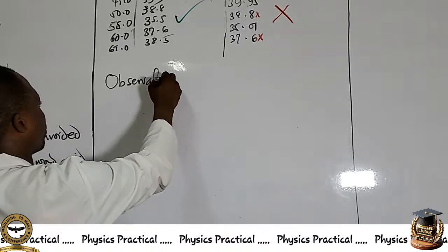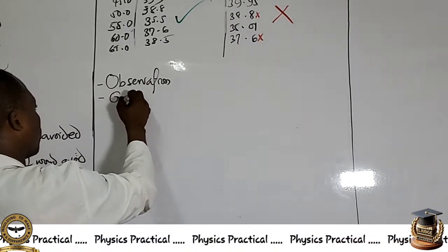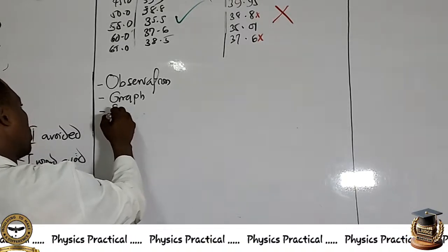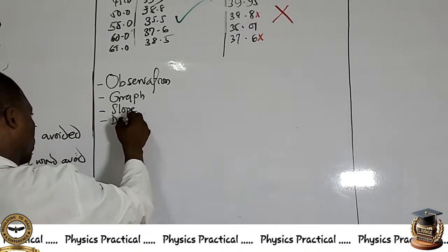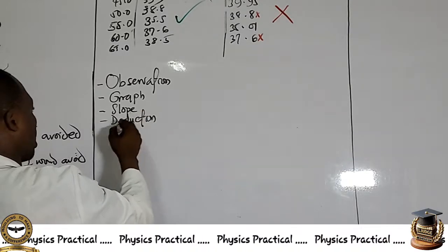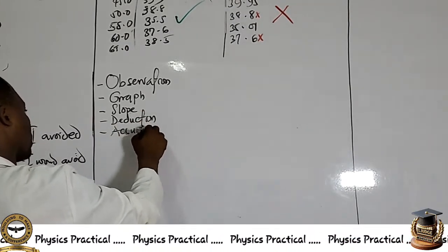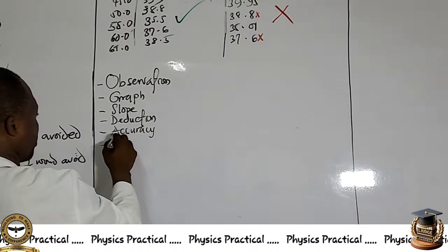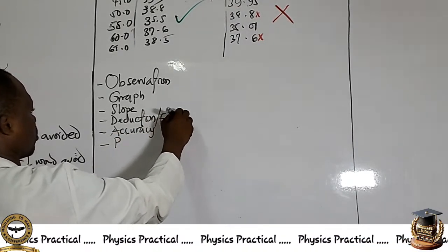We may have something on observation, something on graph, slope. We have deductions, accuracy. We may ask you to find accuracy, precaution, deduction or evaluation,